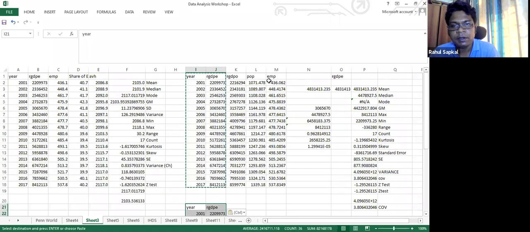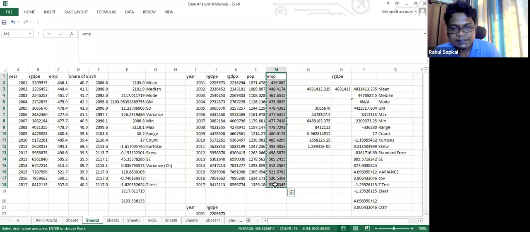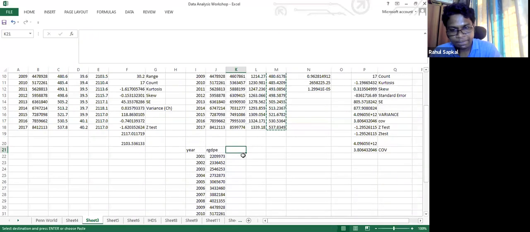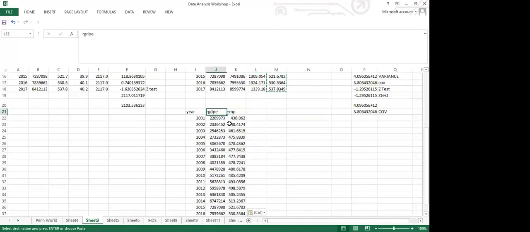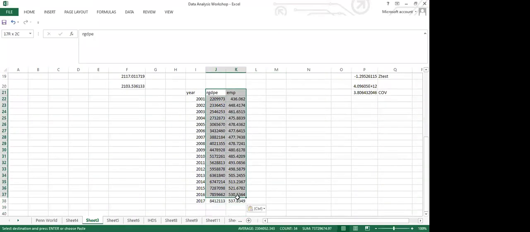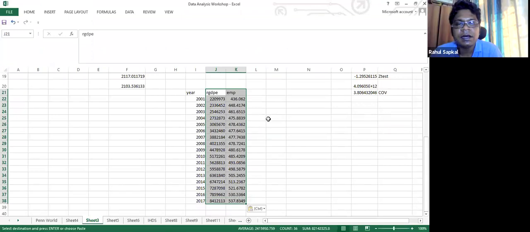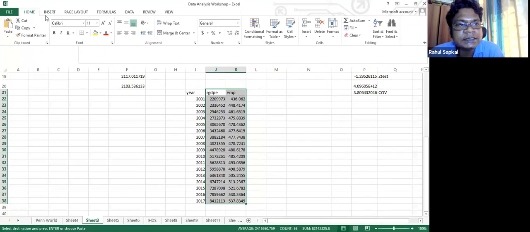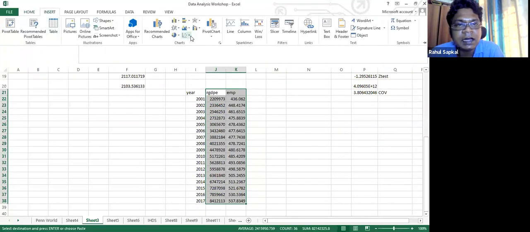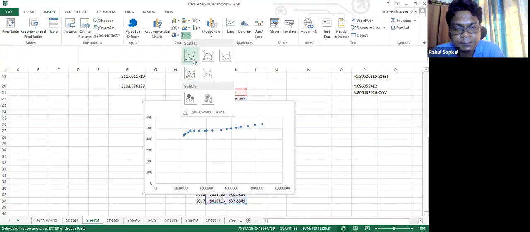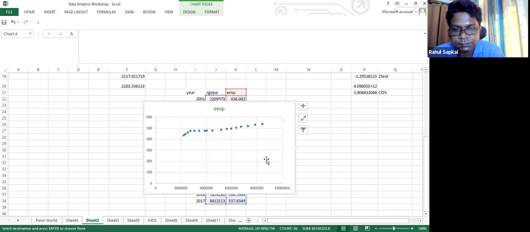The same one, employment. You guys are seeing my screen, na? Yes. Yes. Yeah. So I'm putting it here. I'm interested to know the trend line. So you go to insert, just put the scatter chart. Okay.